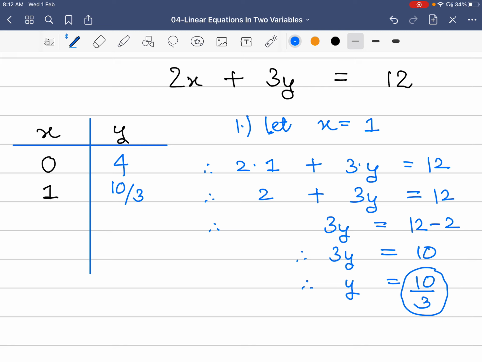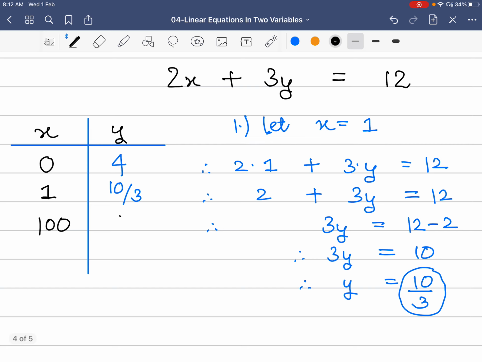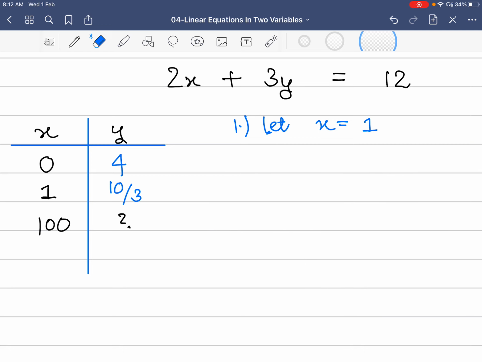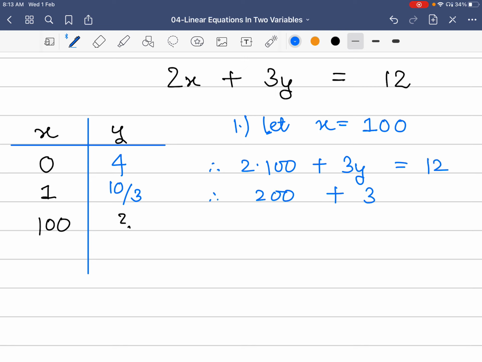Now finally let's take a random number. Let's take x as equal to 100 and let's see what is the value of y. So once again we are going to erase this. Yes, and I'm going to say let x be equal to 100. Therefore now substituting will give us 2 into 100 plus 3y as equal to 12, and therefore 200 plus 3y